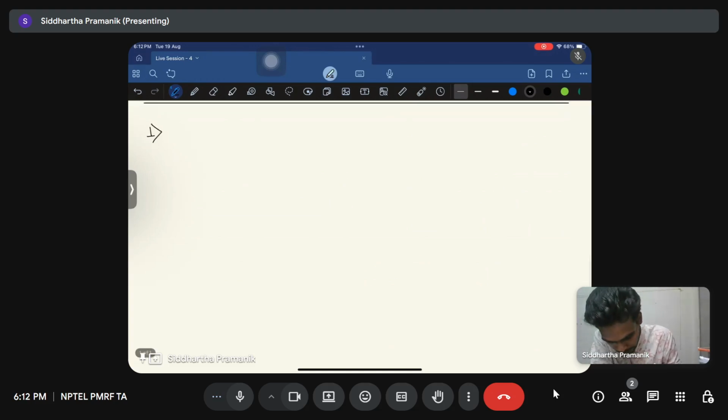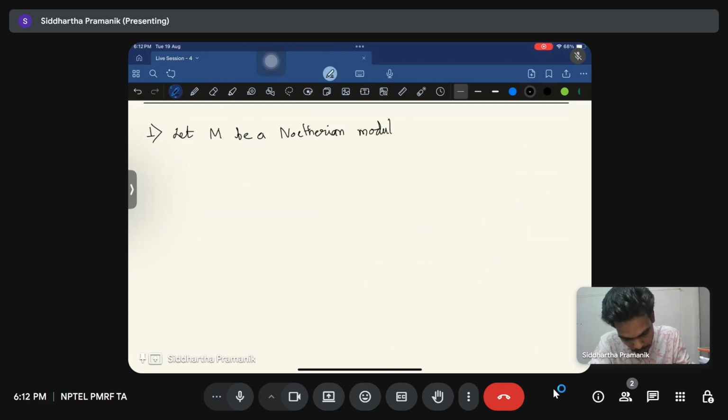So let M be a Noetherian module over a ring R, and